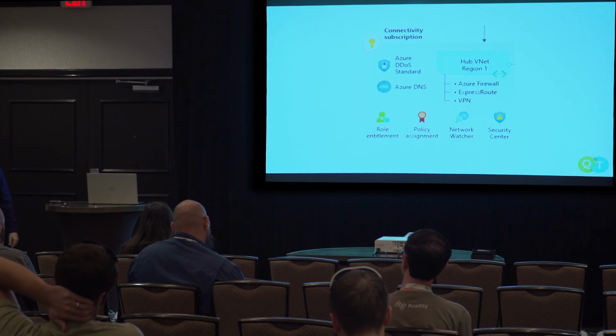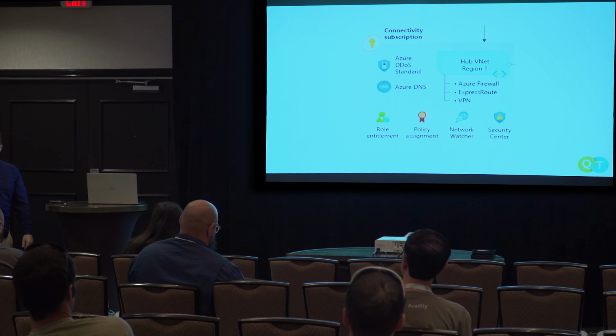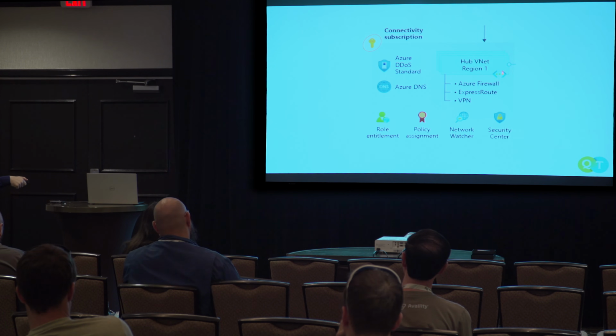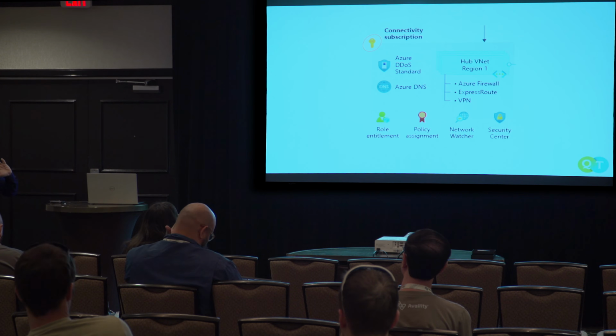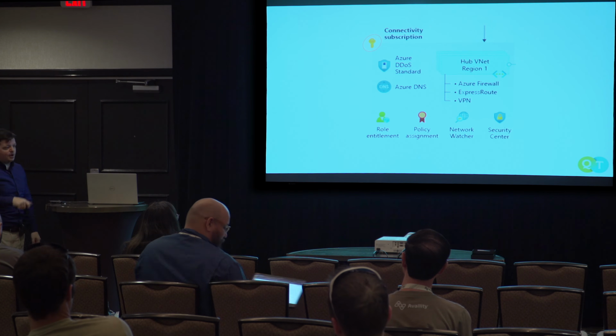The reason I say that is when we look at networking, when Microsoft has this diagram, they're sort of showing you this from a perspective of, I'm the central management team, so I'm controlling the ExpressRoute or the cross-cloud connectivity. You're going to want this also if it's even scoped to your team, because you're going to have this VNet within there. So if it's the shared infrastructure, like the corporate-wide data center infrastructure, you're going to have your firewall, your ExpressRoute, or your VPN, or all of the above there.